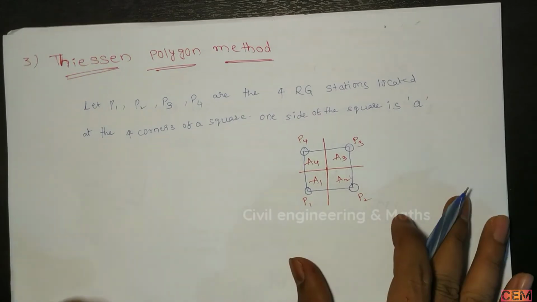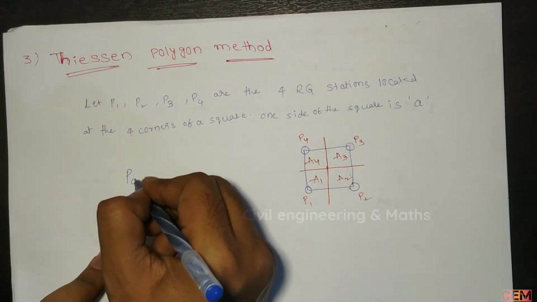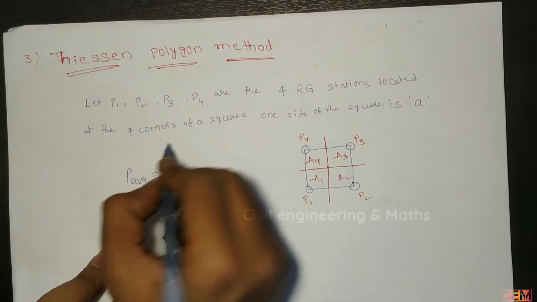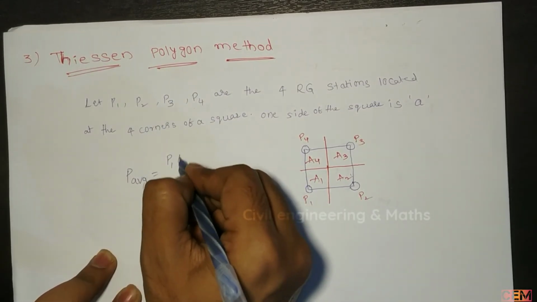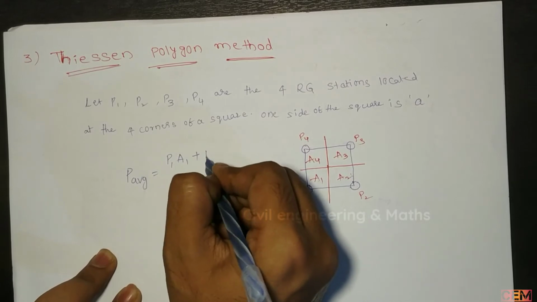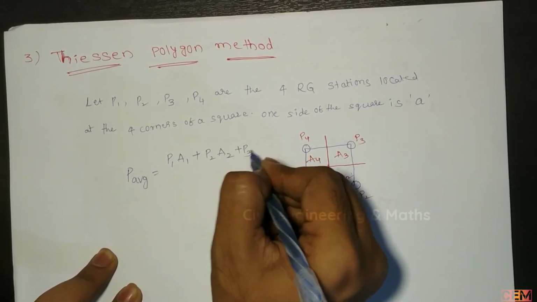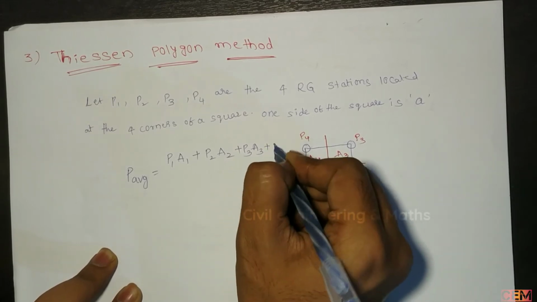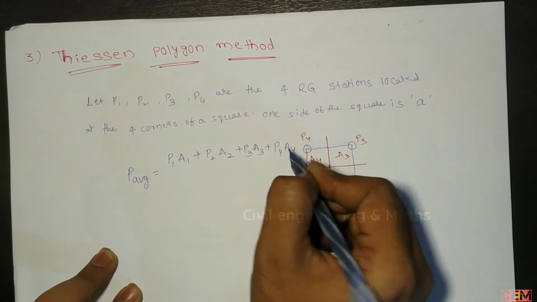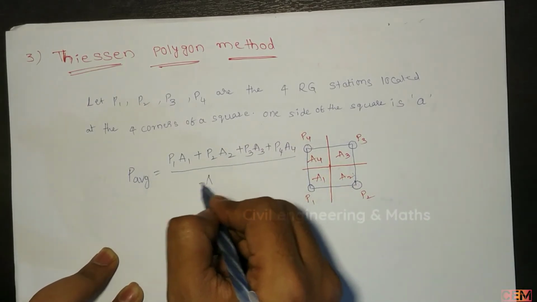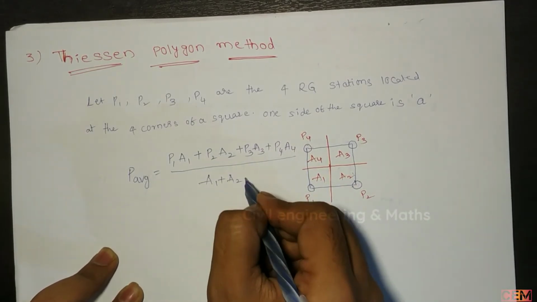The average rainfall is P average equal to P1 A1 plus P2 A2 plus P3 A3 plus P4 A4, divided by the sum of the areas A1 plus A2 plus